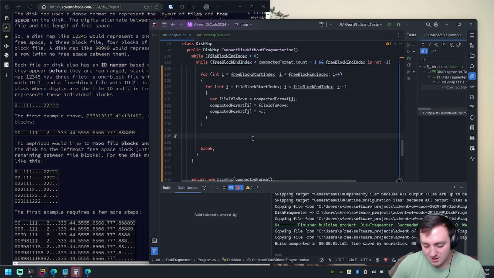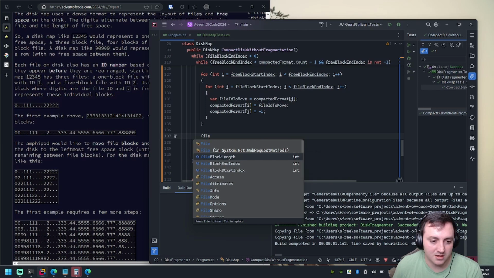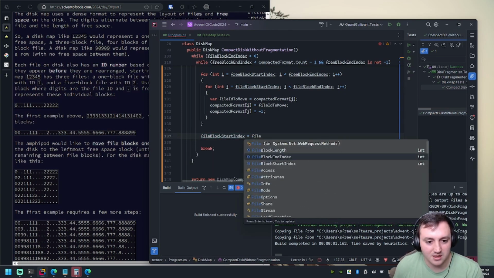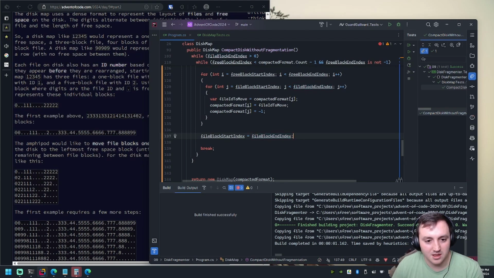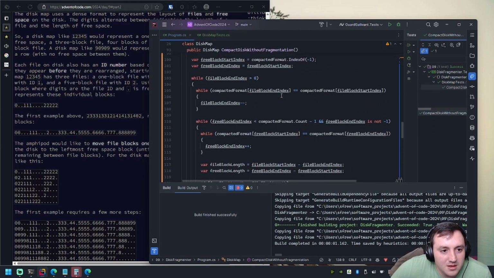So we'll say file block start index, file block end index, file block start index equals file block end index, like that. And then